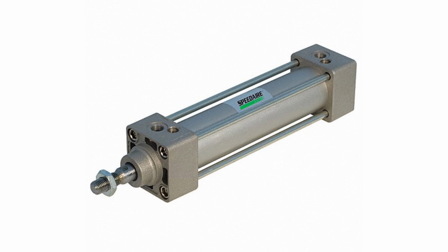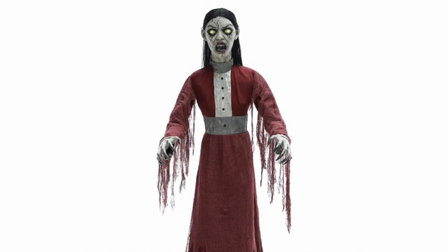Here's a picture of one right now, you're looking at it. Basically, the tip of it right there fires out, and it can pull back and forth very, very quickly, making for some really cool animation. Now, this does come at a price, of course, because right now the price for this prop is